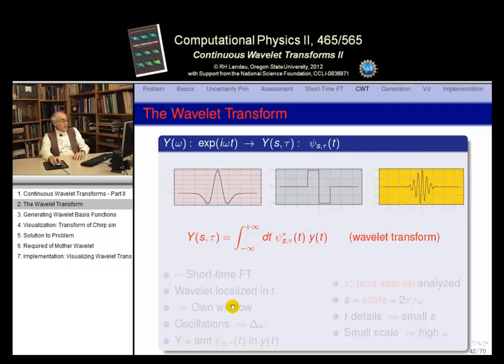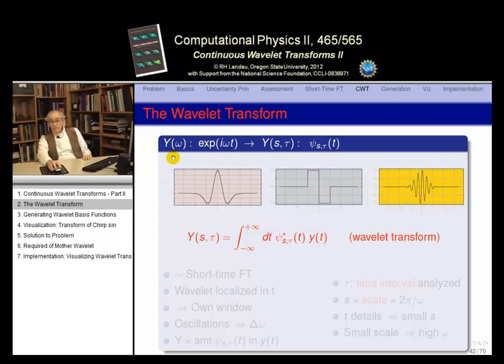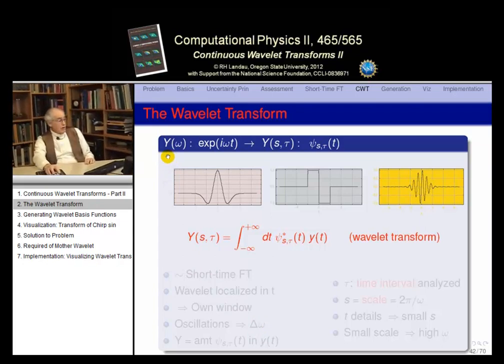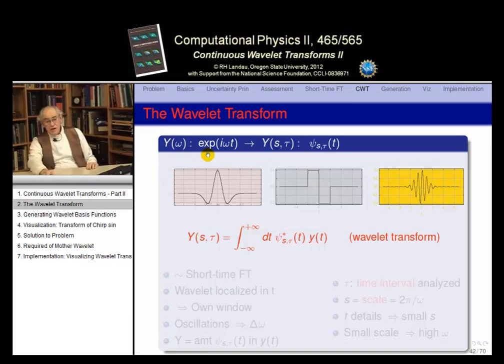So in the wavelet transform, we start off thinking of a Fourier transform. We have our transform capital Y of omega. And the Fourier transform involves a basis function, e to the i omega t, the exponential. In a wavelet transform, we'll again call it capital Y. We again have one variable, s, a scale variable, we'll talk about that, corresponds to the frequency variable. And we have this other variable, tau, which is time-like, but it's really the place where we put the window